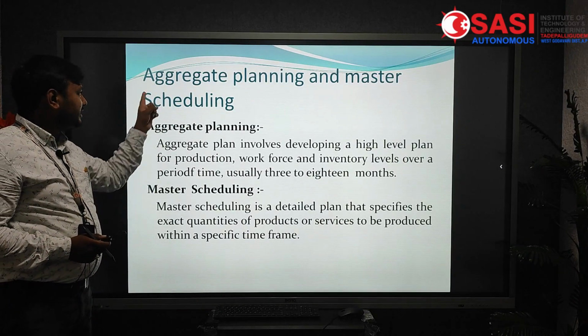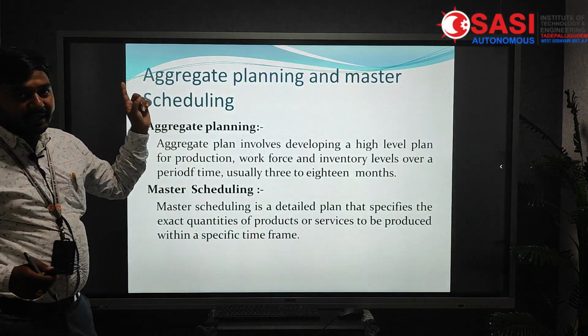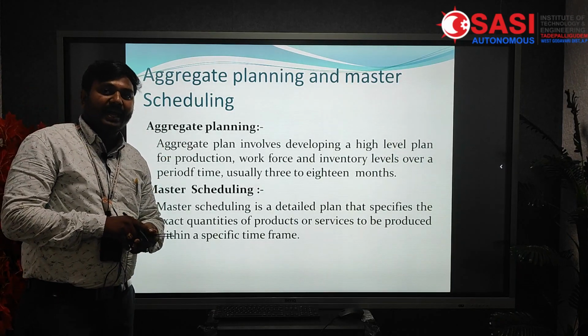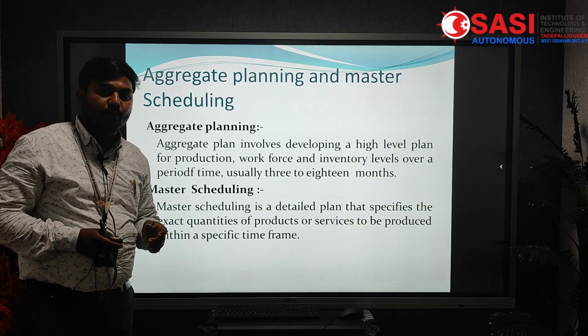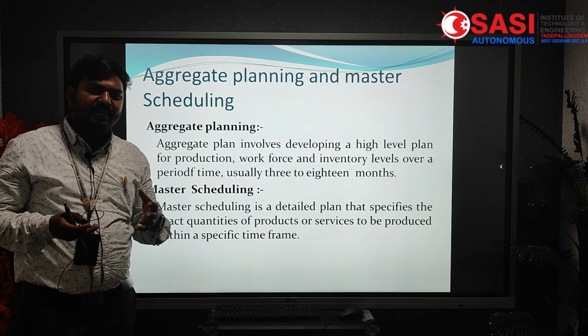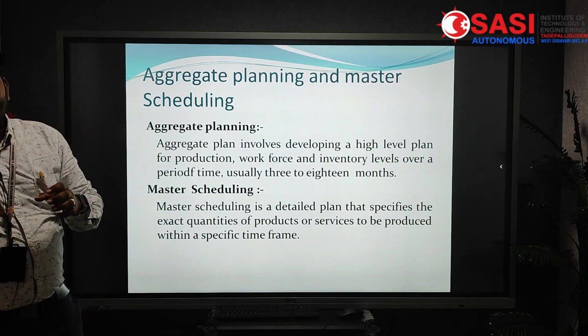Aggregate planning. The term itself implies that it is aggregate planning. It will provide the planning for the overall organization, the total organization. Various kinds of activities will be involved in the production process, so it will draft a plan